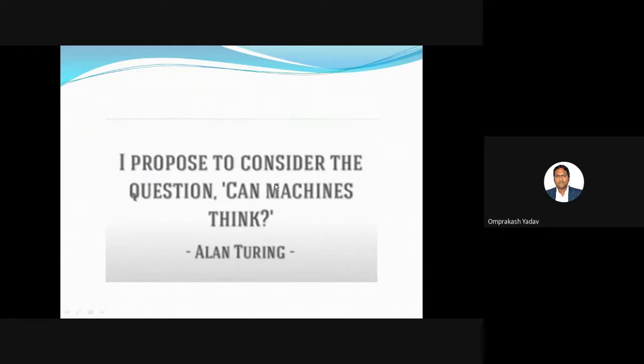What he did in 1950, he proposed one paper, and in that he quoted this particular statement: can machines think. So he raised this particular question in 1950, and you can see now we are in 2021, and he proposed this paper in 1950, right? So at that time also he had the vision that definitely a machine can think the way we behave. Even we can design a machine which can also behave just like a human being. It can take decisions the way we take decisions, right? Why not a machine? So even a machine can also think.